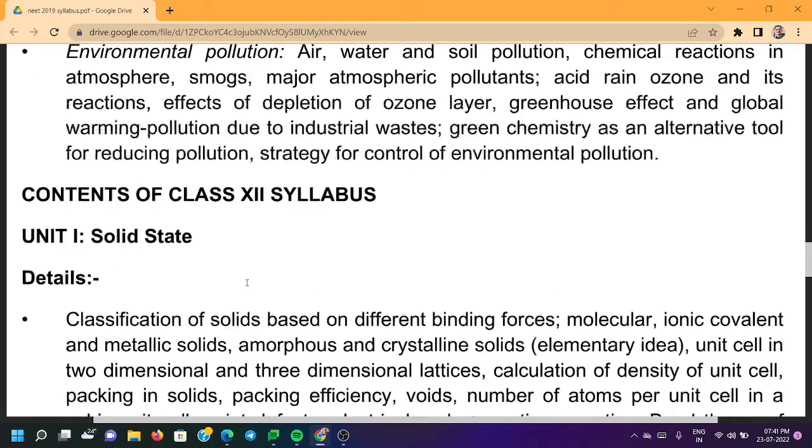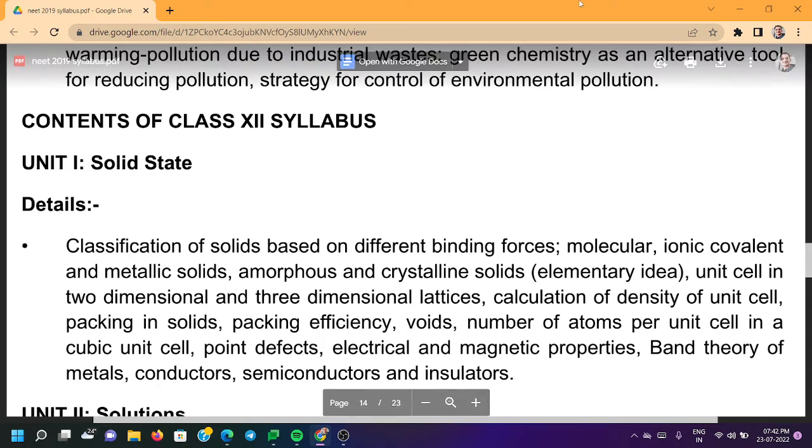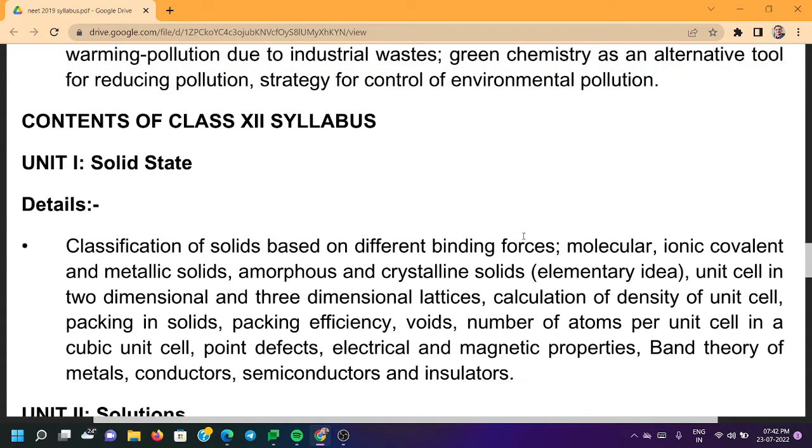Contents of Class 12 Syllabus Chemistry. Class 12 Chemistry, Unit 1 Solid State. Classification of solids based on different binding forces: molecular, ionic, covalent, and metallic solids, amorphous and crystalline solids, that is